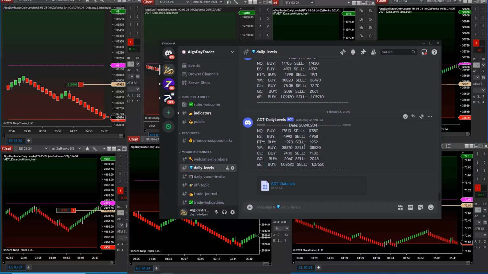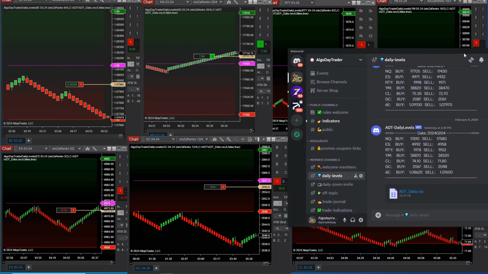In Discord, I post buy and sell levels for 7 futures instruments, and then we have a certain way of trading them. I post them as close as I can to Globex opens. Globex opened the evening before, so this way there's plenty of time for everyone to organize their charts.